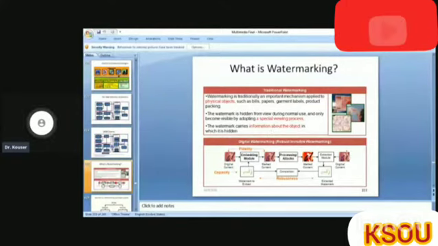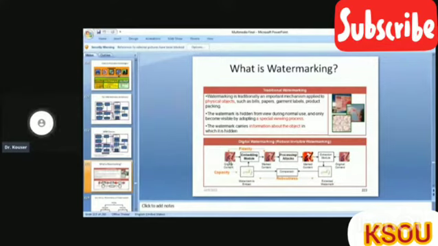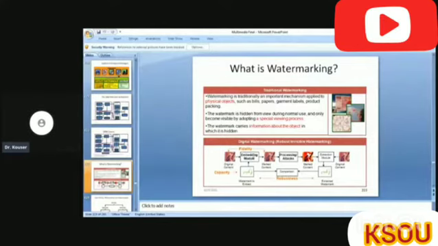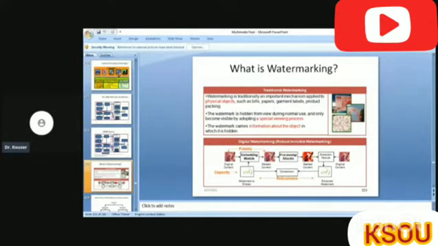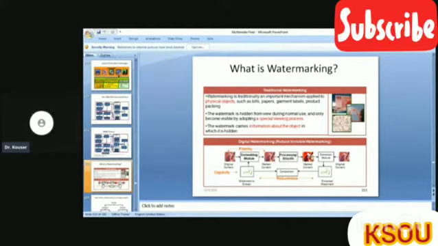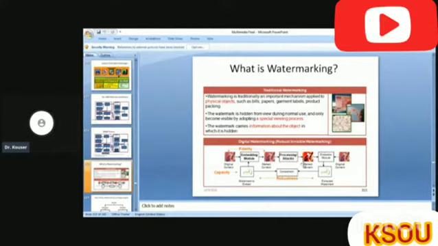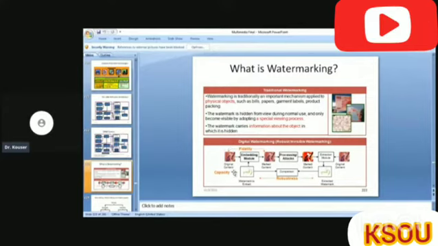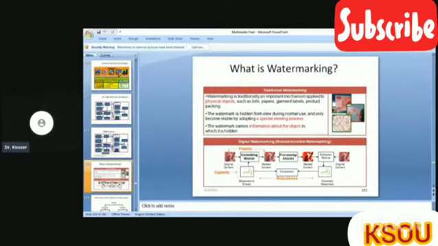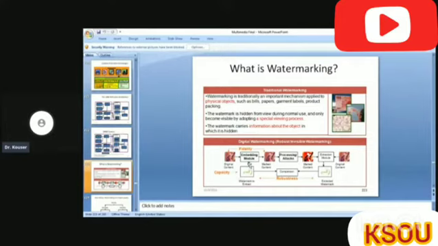So this is the sequence of digital watermarking, where the original content goes to the embedding module, and then this becomes the marked content after the fidelity checking happens. Then the processing or attacks take place. Then this becomes marked content. Then we can extract from this particular module and check whether this is the original content. So by doing this, we can identify whether the content is original or a copied one.